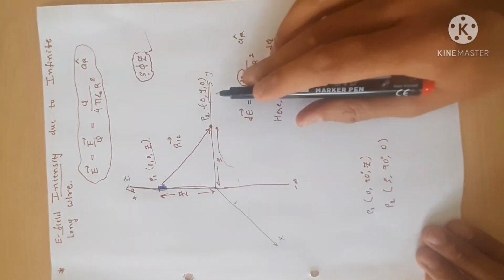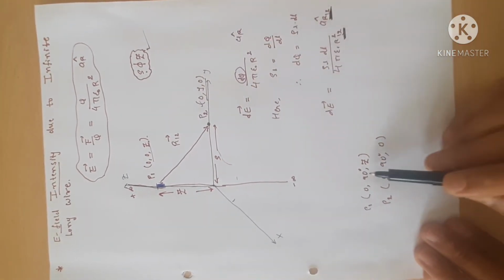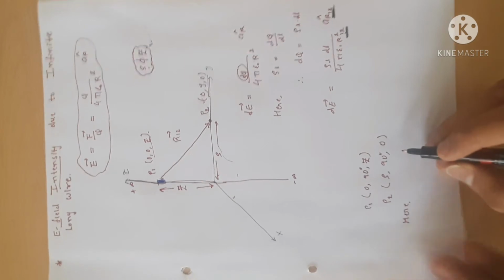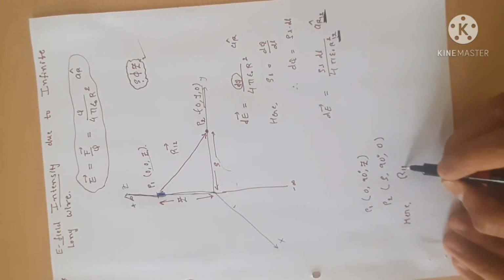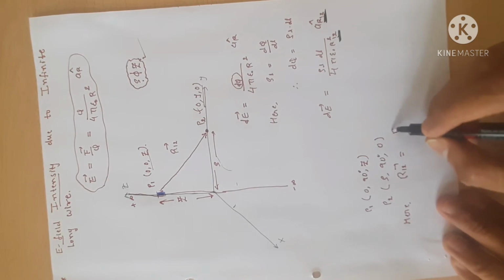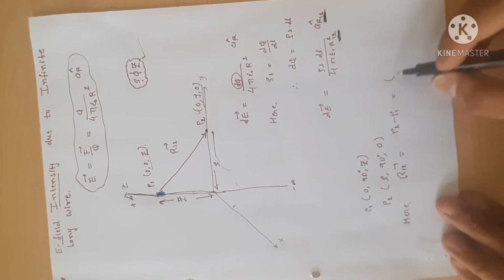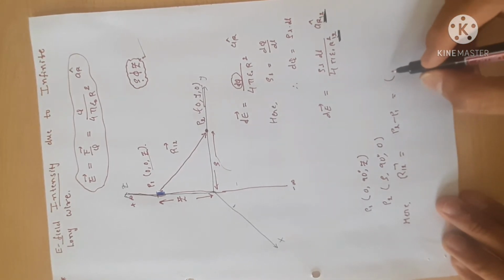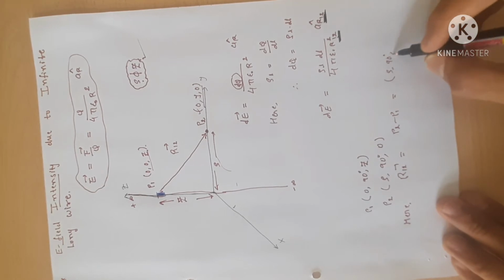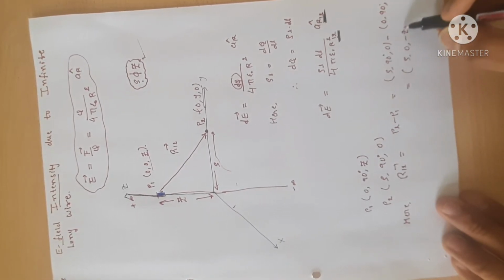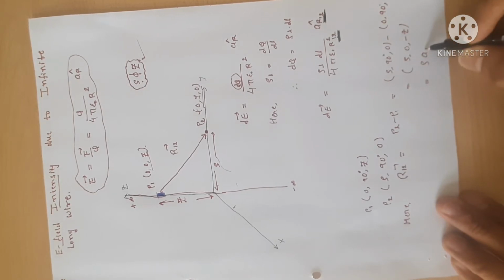Okay, see, here the P1 P2 that is written is in Cartesian coordinates, and here the P1 P2 that is written is in cylindrical coordinates. So now based on that here we have to write what is r12. So the r12 vector is equal to point P2 minus point P1. So we can write it is point P2 rho 90 degree 0 minus 0 90 degree z. So it is rho 0 minus z. Now in terms of vector it is rho a rho plus 0 a phi minus z a z.